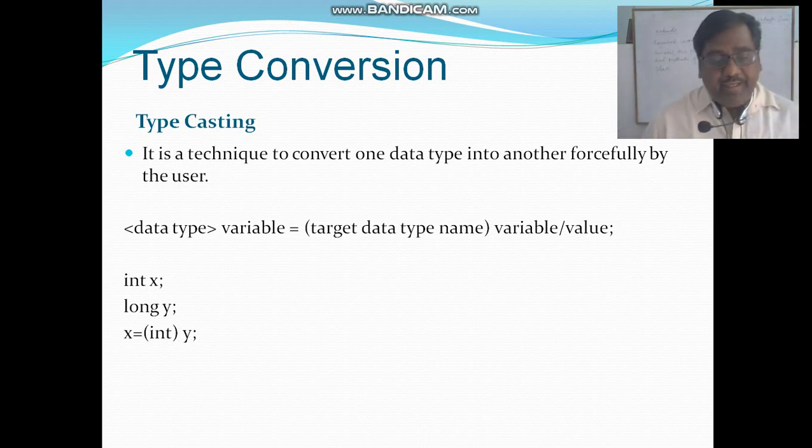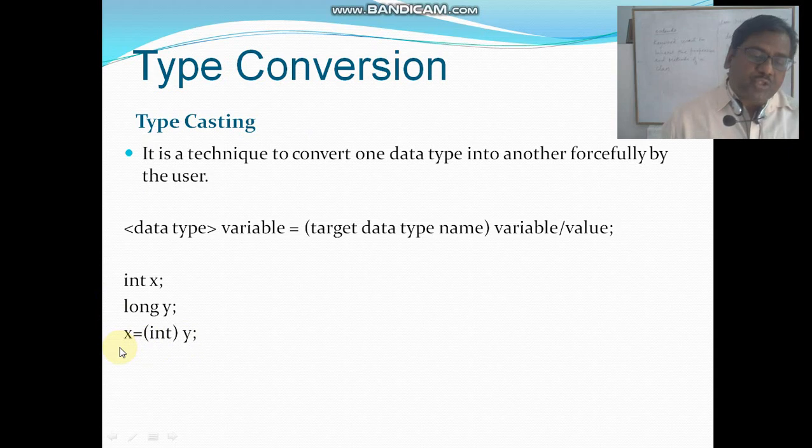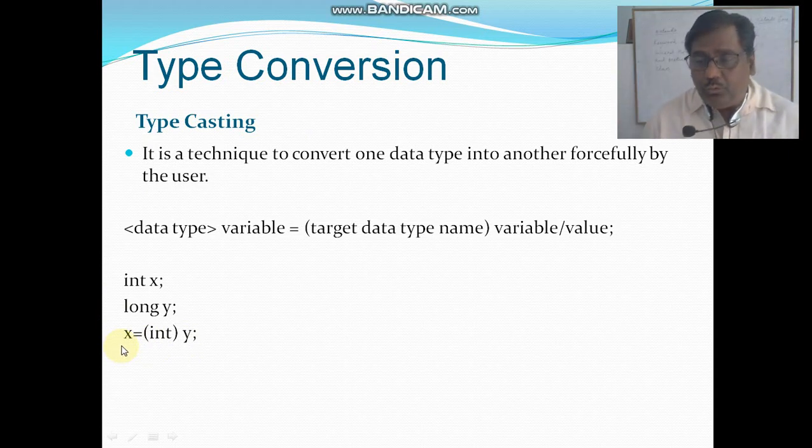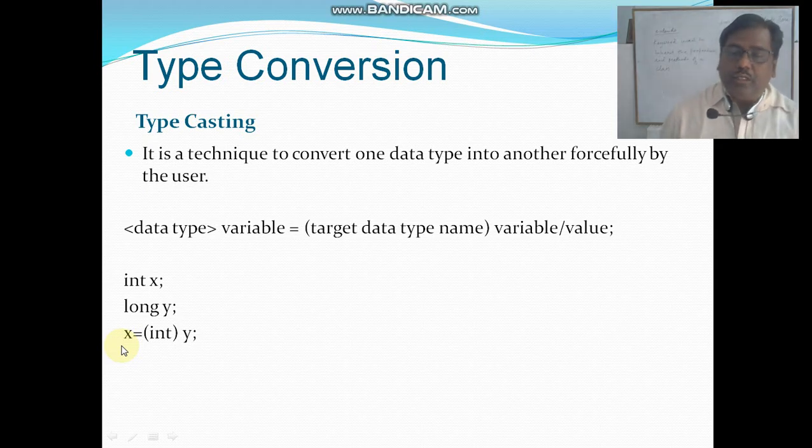That means we will write int in the round bracket so that it is converted into integer first and then it can be stored in an integer. This is what we have to do in typecasting, to convert one data type into another explicitly by the user.